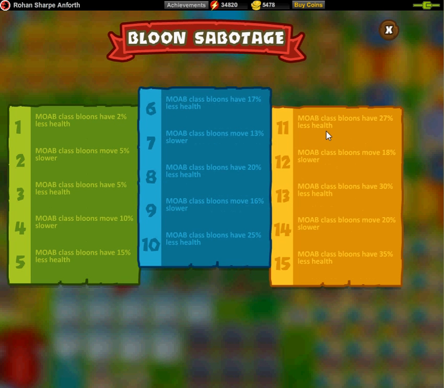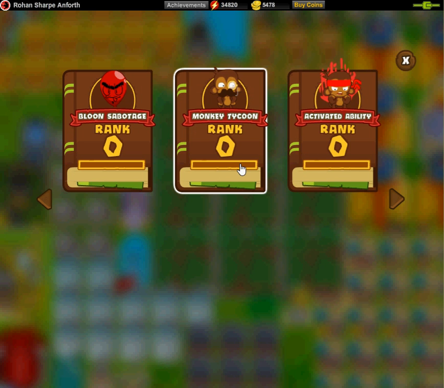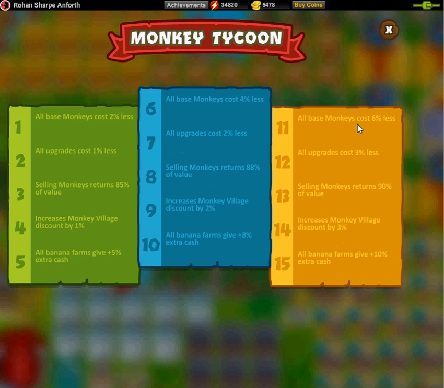Bloon Sabotage. Wow. Okay. Okay. Sorry. Wow. All base monkeys cost 6% less. All upgrades cost 3% less. Selling of monkeys returns 90%. That's not bad. It'll help you store the living